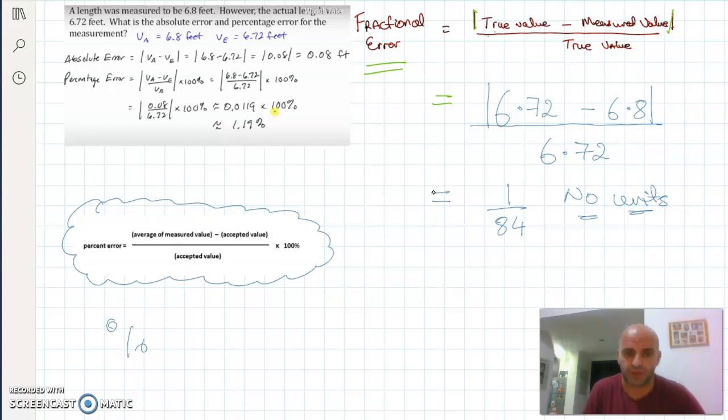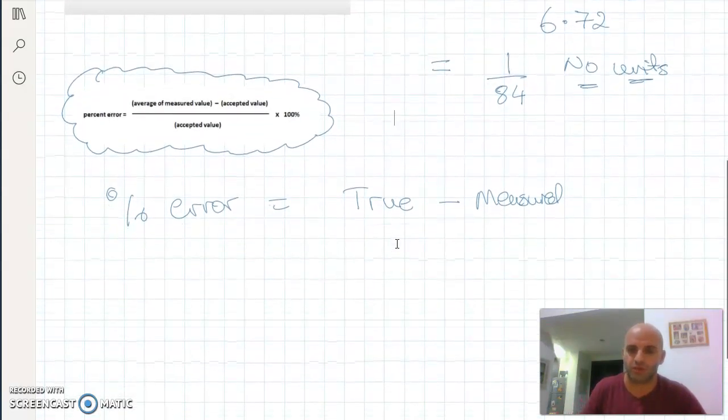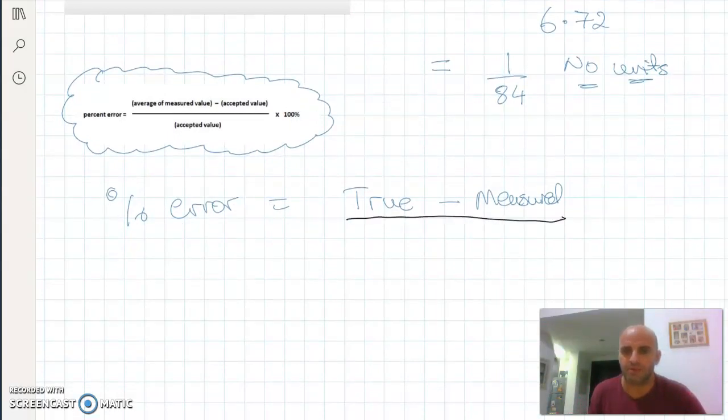Percentage error, I prefer to write it down as percentage error is the true value minus the measured value. Again, absolute values of those two divided by the true value